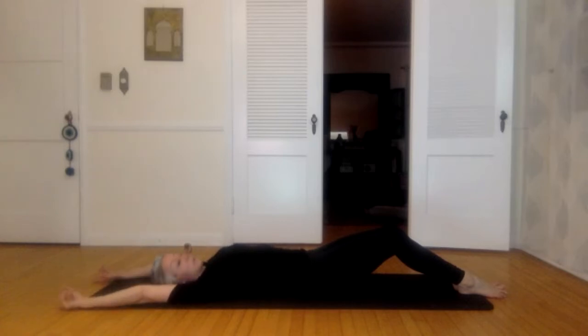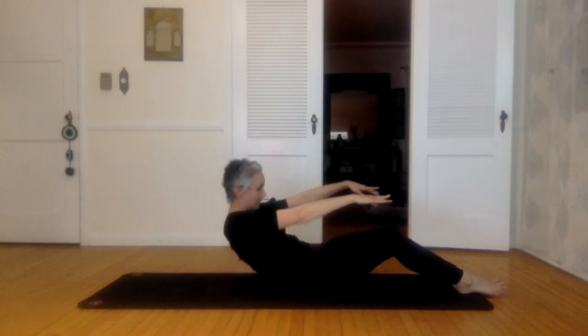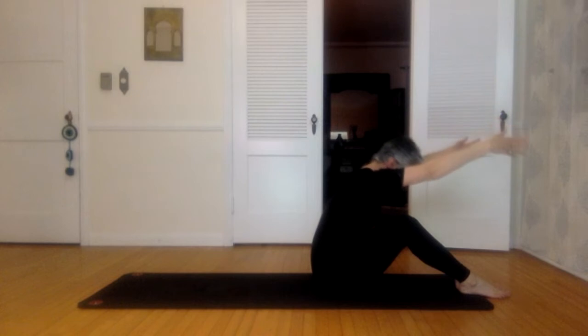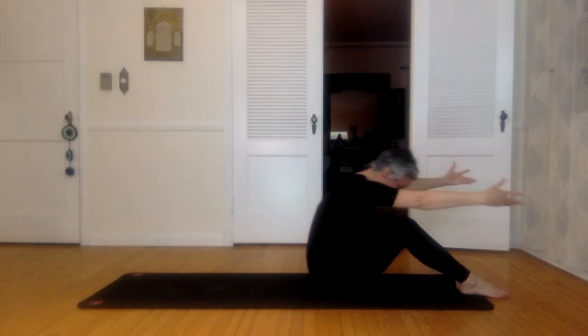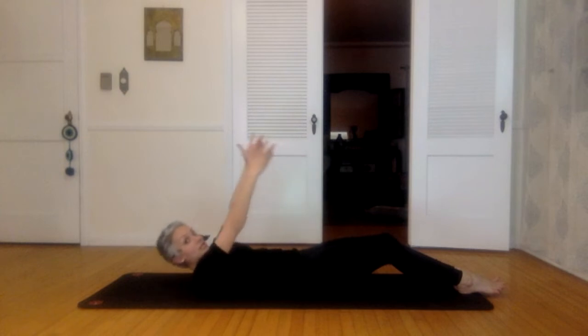But now it gives us an opportunity to really check in a little bit more minutely between every vertebrae as we go. So hands come up to the ceiling, chin comes into the chest. Use a deep inhale as you round and lift up and out of those hips. And then exhale long and forward into the stretch, dropping the chin, widening through the shoulders. And inhale as you begin to roll yourself back down, squeezing the inner thighs, abs wrap, draw the ribs in,